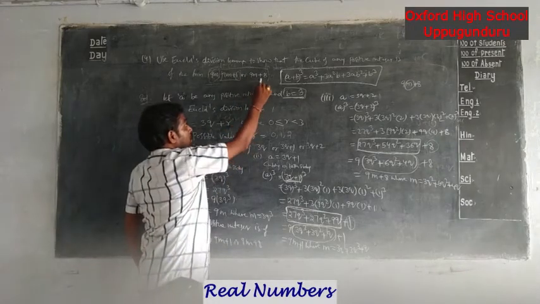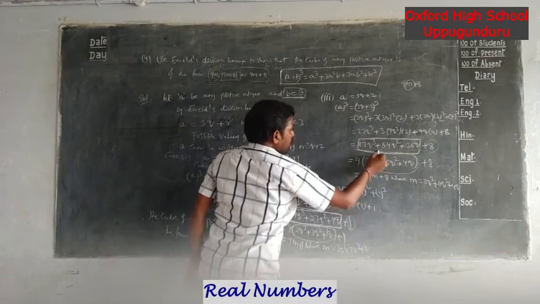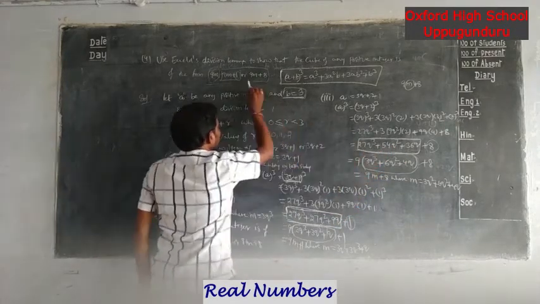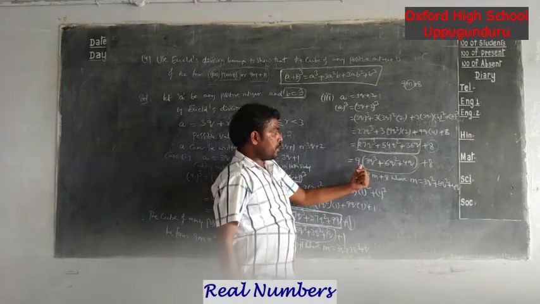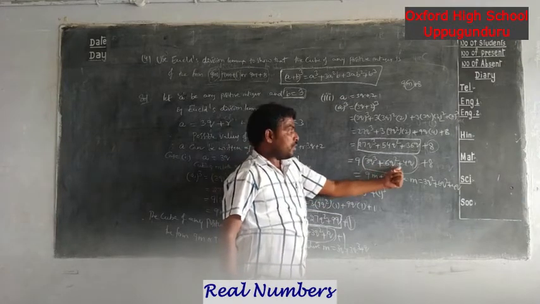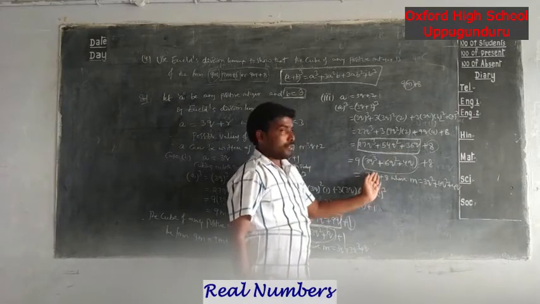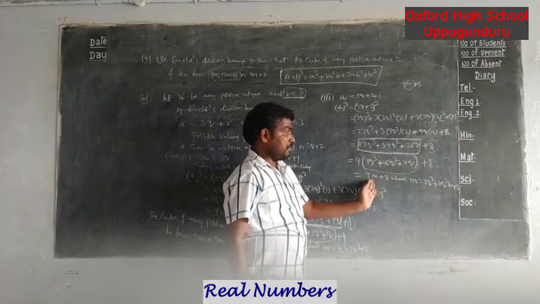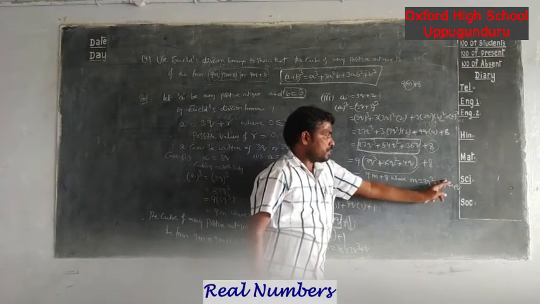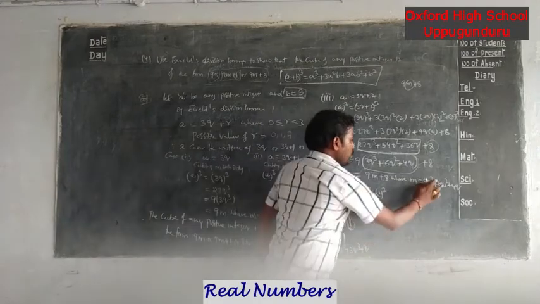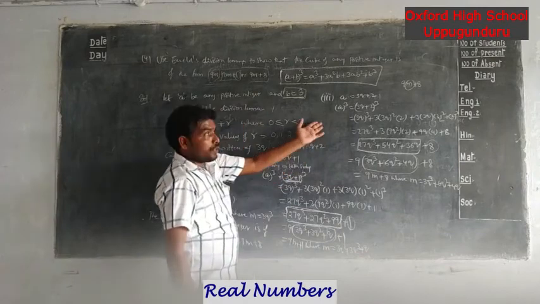That's why, combining all these three terms, we have to convert this total expression in terms of 9 into some positive value m. That's why we are taking 9 as common: 9 into 3q cube plus 6q square plus 4q. In place of this expression, we are assuming this total expression as m. Now it becomes 9m plus 8, where m equal to 3q cube plus 6q square plus 4q. So in this way, you have to prove this one.